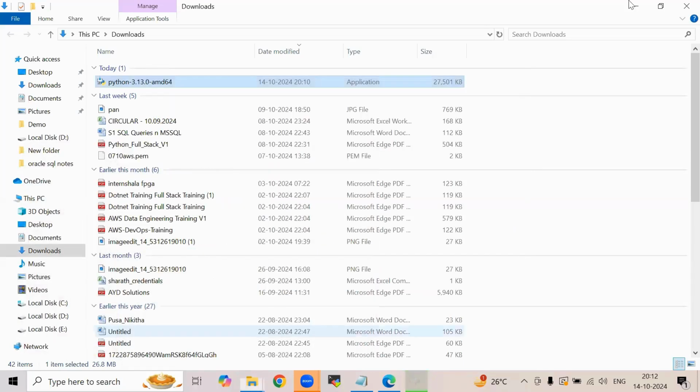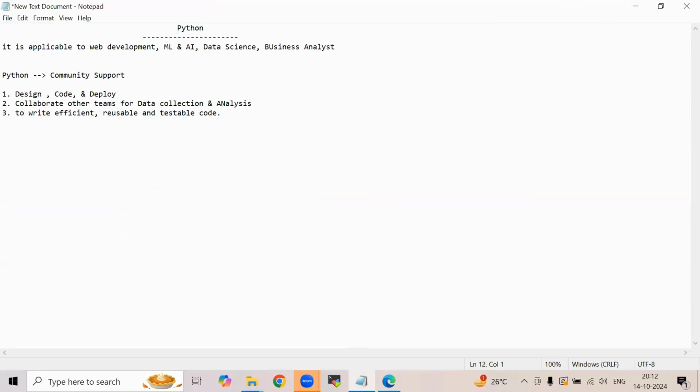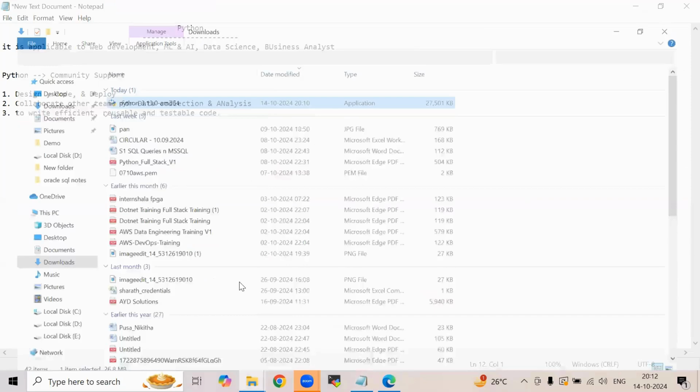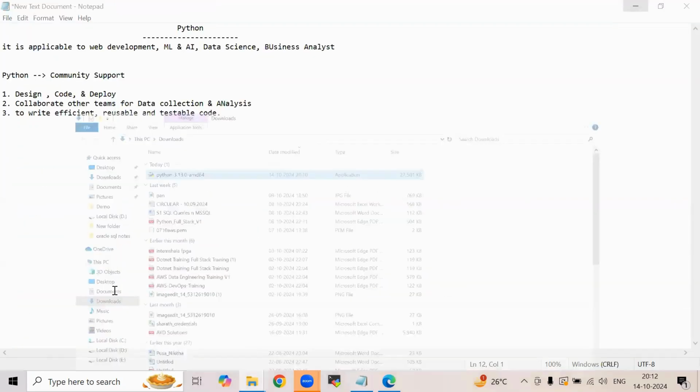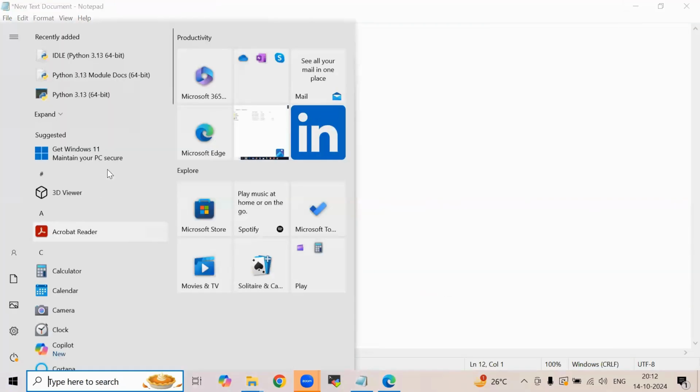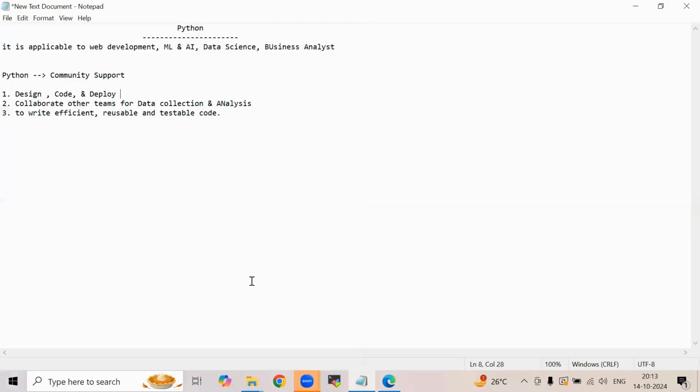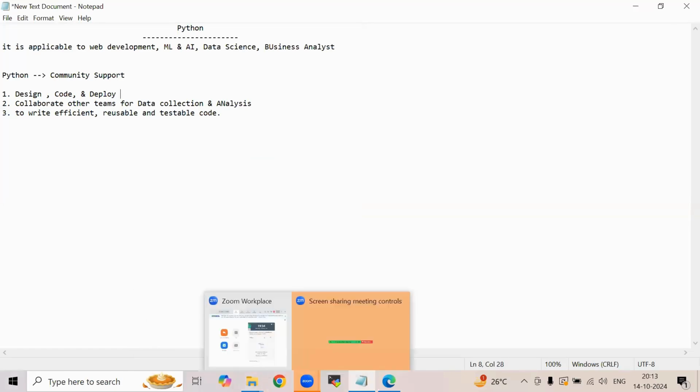Close. So how do you see whether your Python is installed or not? Just click on Windows. You will see something like IDLE, Python 3.13, and so on.